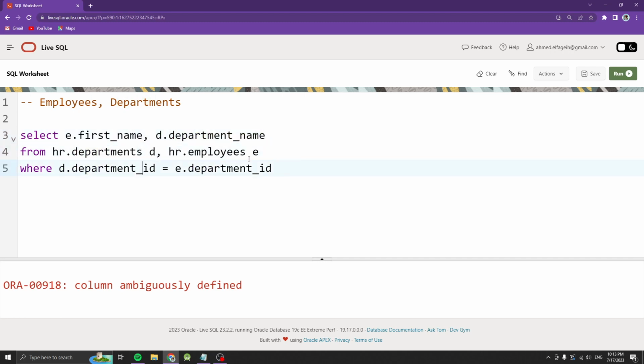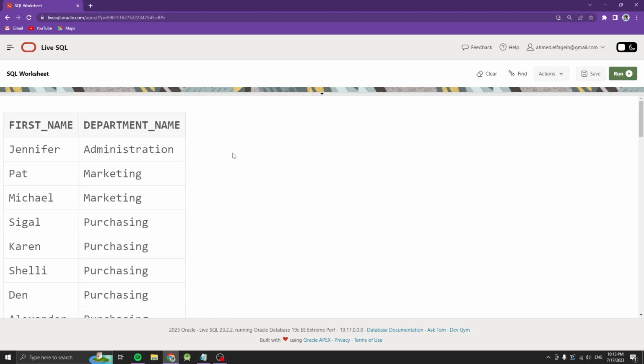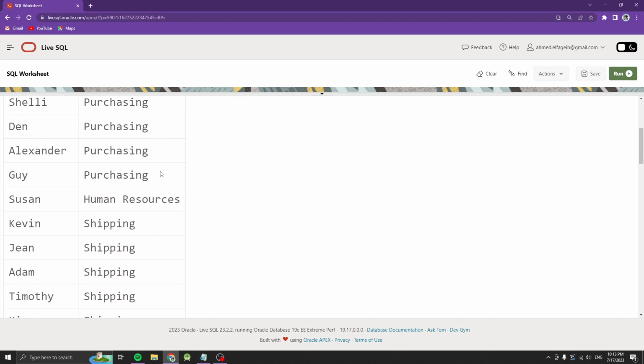So here I'm performing this kind of join right here, saying that I need the first name, I need the department name from departments joining with employees, where the department ID that belongs to the departments is equal to the department ID that belongs to employees. So now if I run, I can get here different